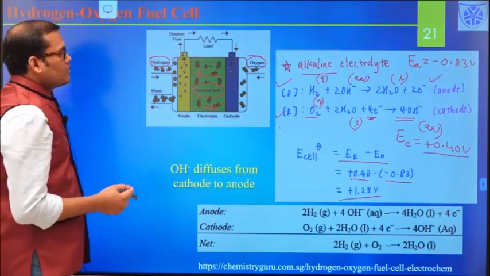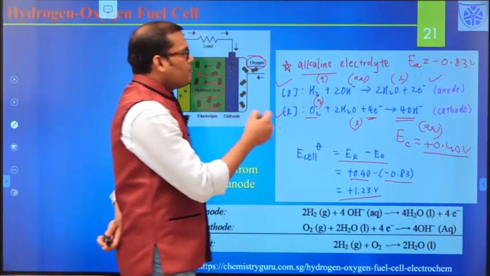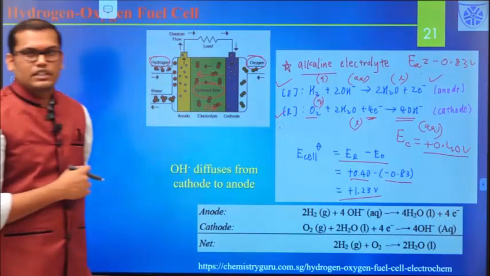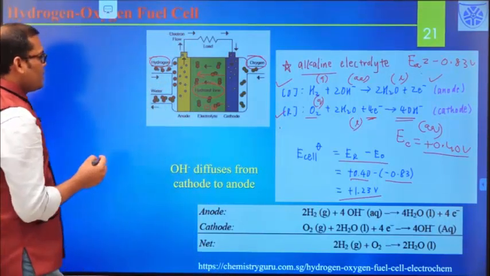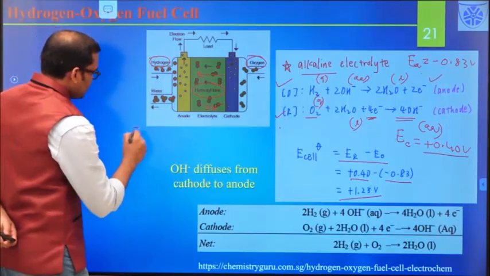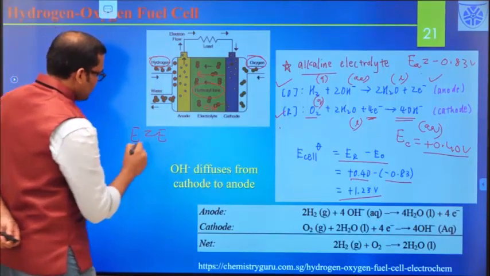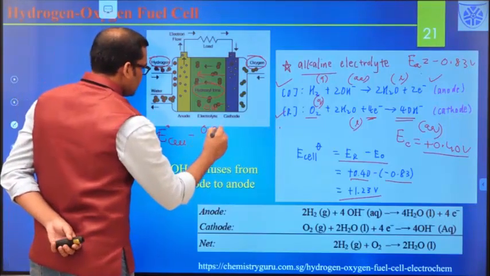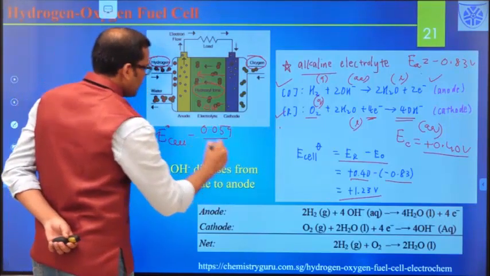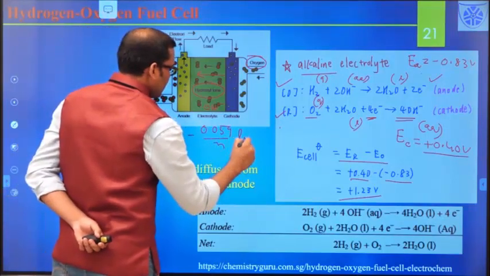There you can see the effect of electrolyte concentration matters, right. So from that you can derive, let me tell you, E cell equals E0 cell minus 0.059 by n log of